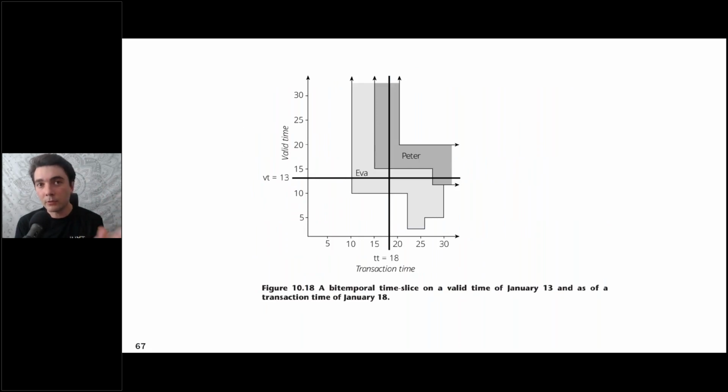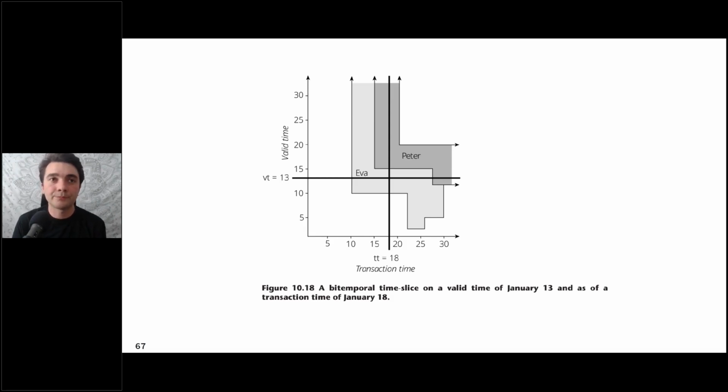Yeah, we're just looking at what the value is under the intersection of those two lines. So you may have heard of an as-of query. Well, there's another way you could say it: as of 18, as at 13, valid time equals 13. And so this is the language and the way we think about querying